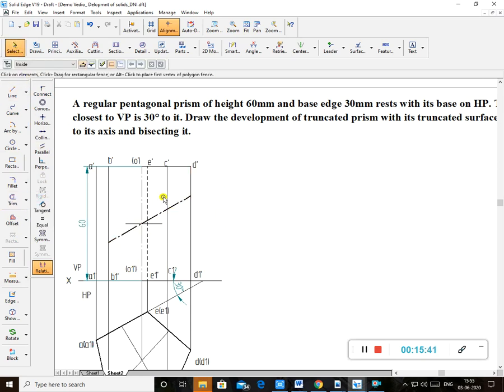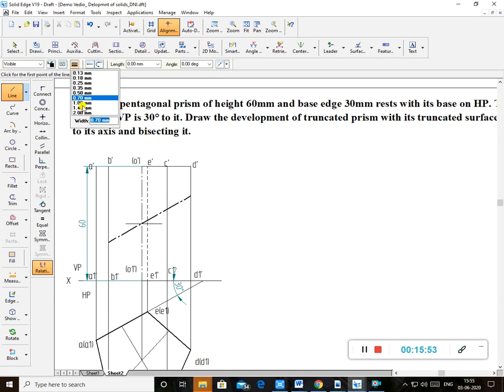Now what is happening is that this is the truncated portion, and this portion has to be removed. See my cursor, this portion is removed. This portion is the retained portion, which means I have to make it dark. So again you choose 1 mm thick here and overdraw on this portion. From here to here it is the retained portion, CC1, and from here to here it is also a retained portion.